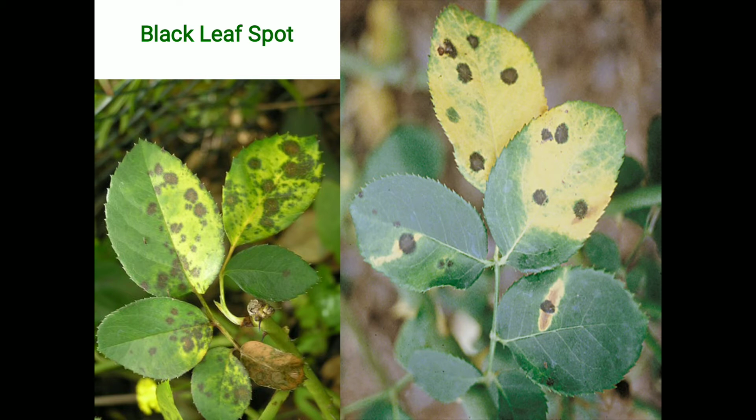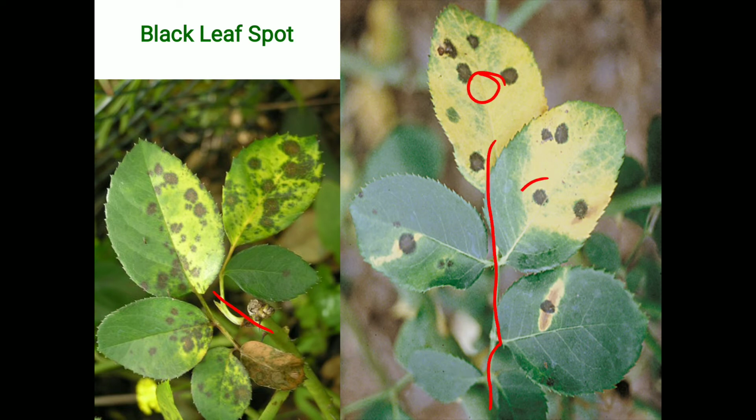Regarding symptoms, the pruned surface of the twigs dries tip downwards. Twigs become brown to dark brown to black. The disease passes from the branches and twigs to the main stem, from where it spreads to the roots. That means from the tip it is transferred to the main stem, and from the stem it goes to the roots. Finally, it kills the whole plant. Stem and roots show browning of the internal tissue.